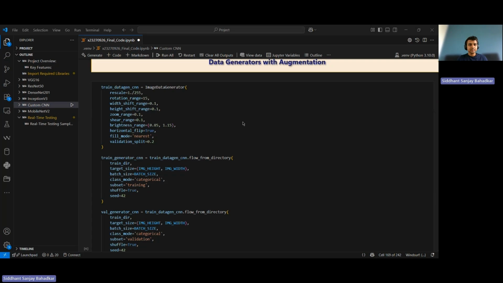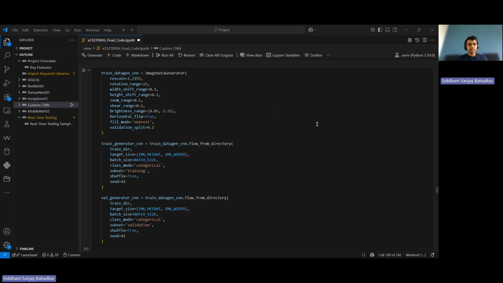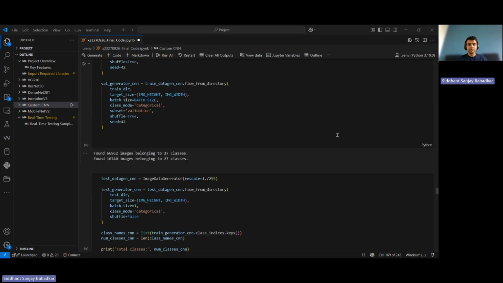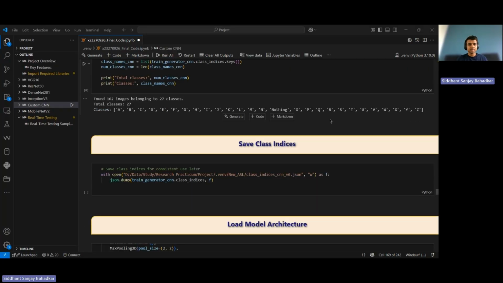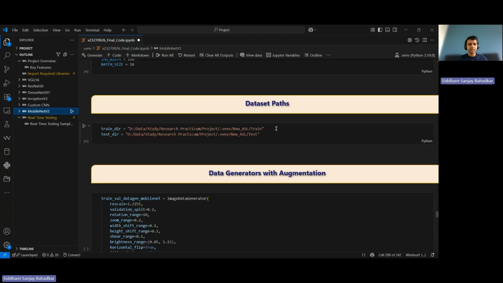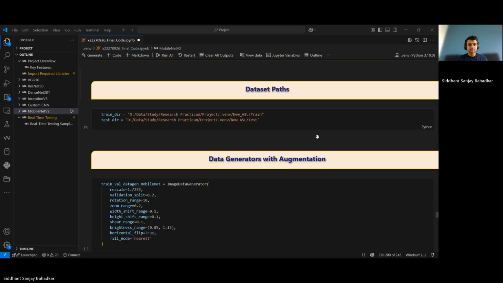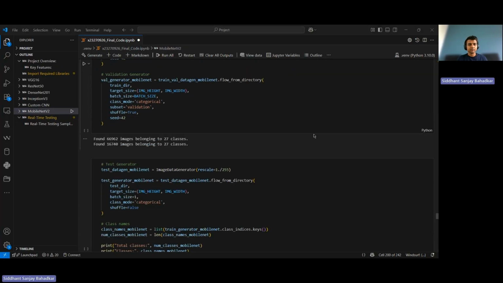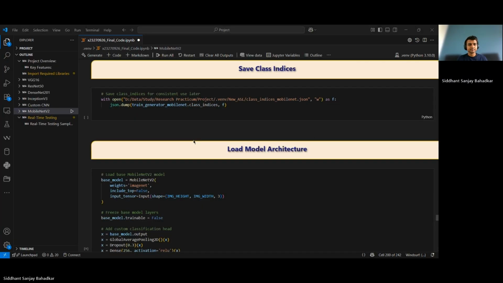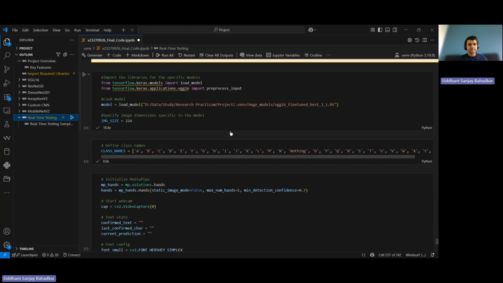For the custom CNN, I use 160 by 160 inputs to reduce computation. It's built from scratch, so convolution blocks with batch normalization and dropout, then GAP, a dense 512 unit layer and softmax output. Same goes for MobileNet with its input shape and its own pre-processing, the same kind of head and the same training pattern. As for real-time testing,